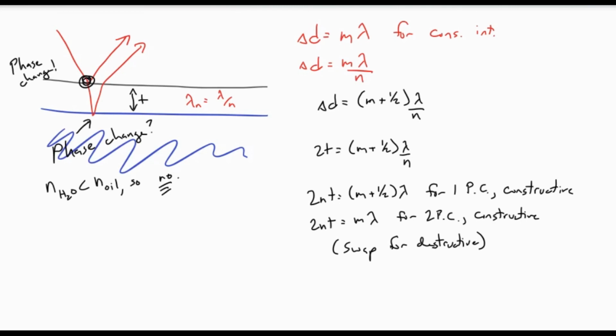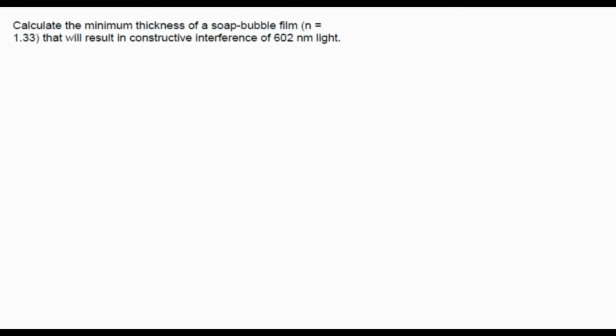Let's do an example. Let's calculate the minimum thickness of a soap bubble film that's going to give us constructive interference for 602 nanometer light. So we've got air, and then soap, and then air. Index of refraction of air is 1, the index of refraction of soap is 1.33,